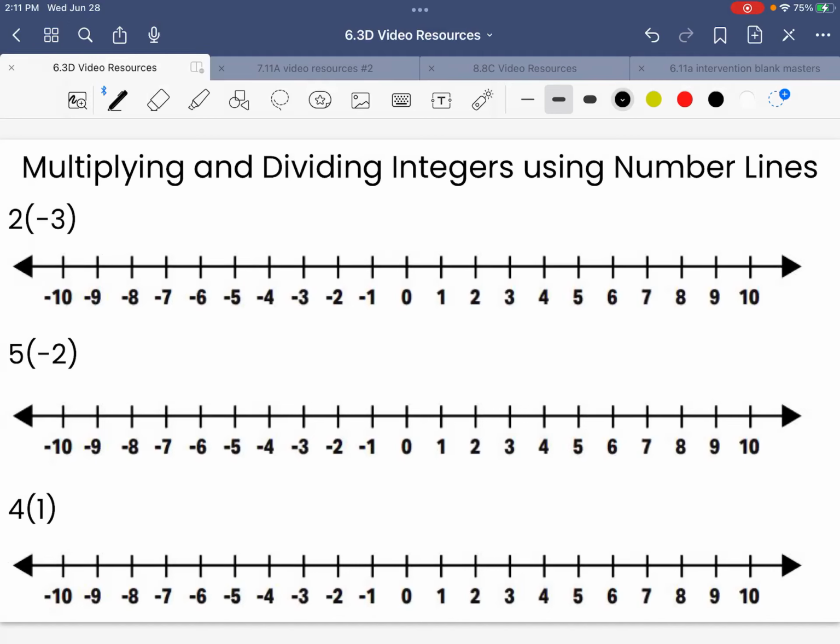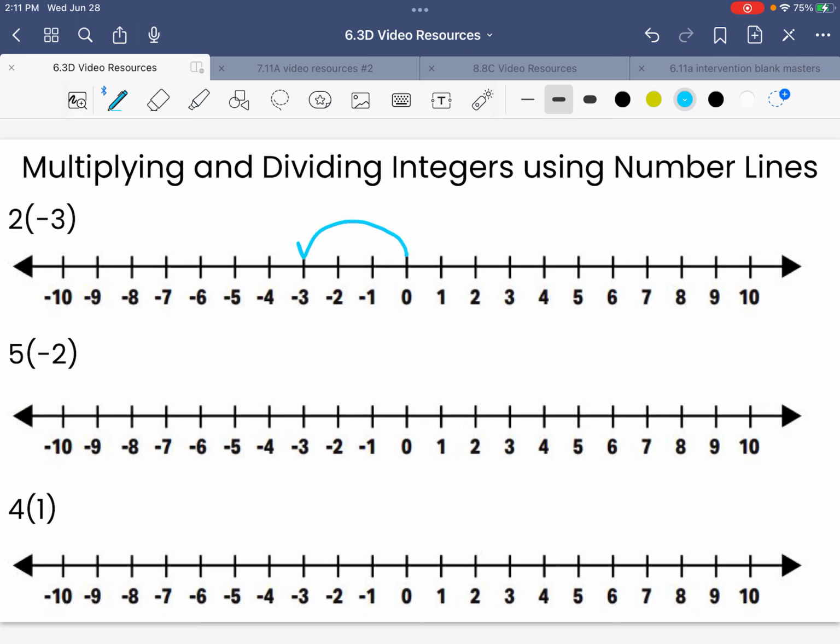Hey guys, today we are going to be looking at how to multiply and divide integers using number lines. So our first problem we have is two groups of -3. So I'm going to represent two groups of -3 by starting at 0